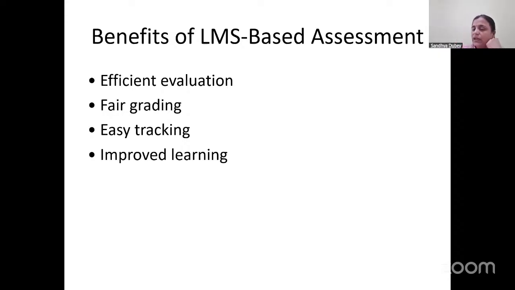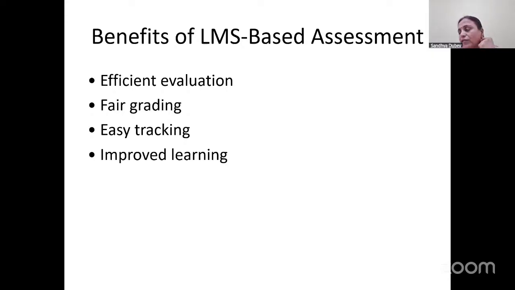If they know where they went wrong, which module they have not understood, they can concentrate on that particular module instead of going to the end and then realizing this was the module they misunderstood. So that can be taken care of by LMS-based assessment.